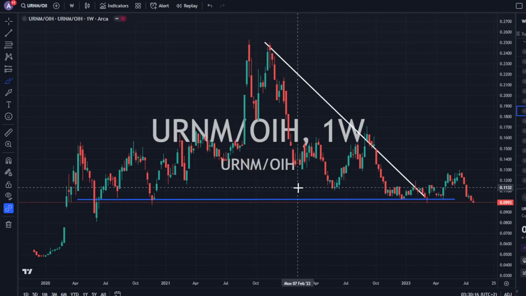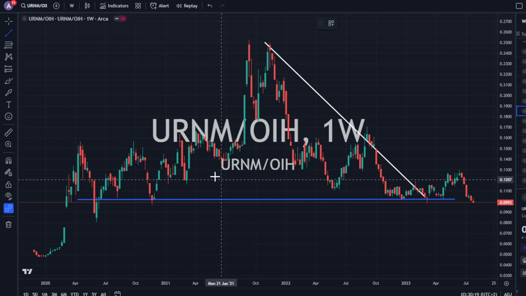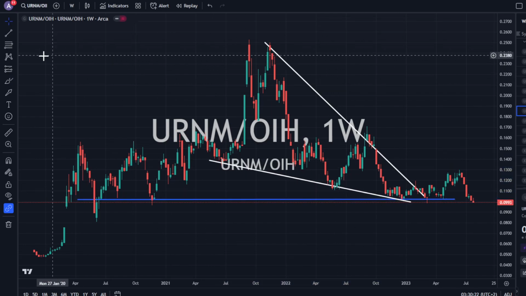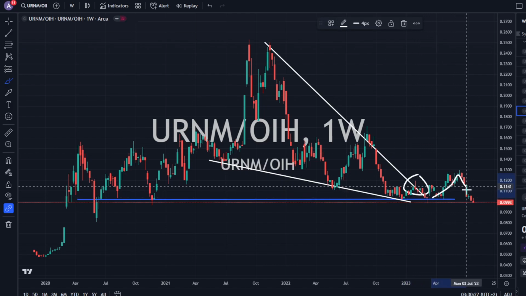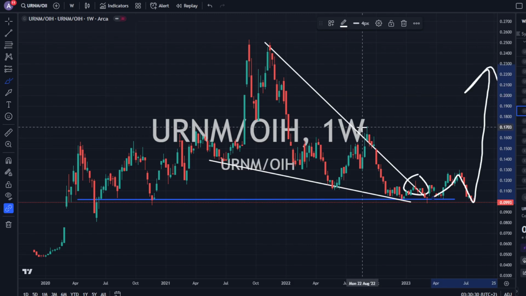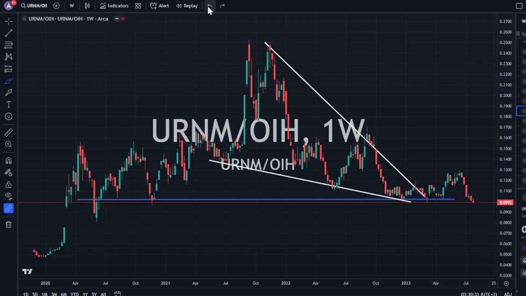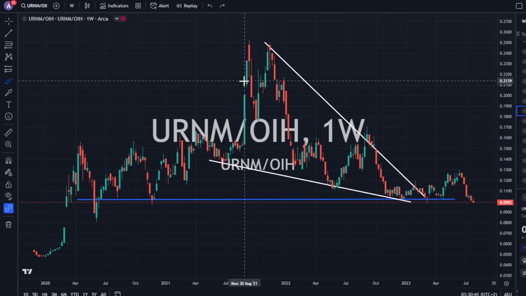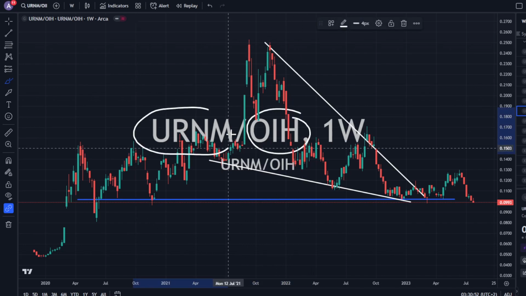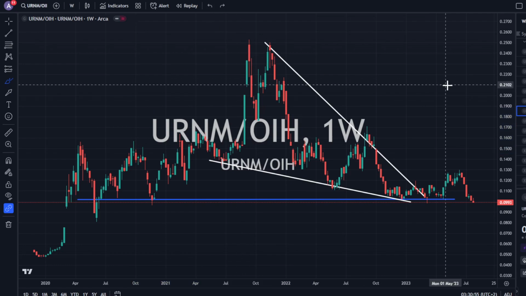URNM versus OIH, this is the energy service companies. What I see here is a declining wedge pattern that has broken to the upside in 2023. We've come up, we've pulled back. Is this a slingshot ready to break higher? Tough to say. That is what the chart pattern suggests, that we would go higher. We're at support and URNM could get a nice big bump to the upside and perhaps outperform OIH. Does that mean that I would not buy OIH, energy service companies? No, I would still buy individual companies in energy service and in uranium that possess really good chart patterns.